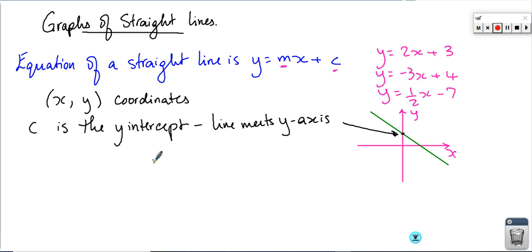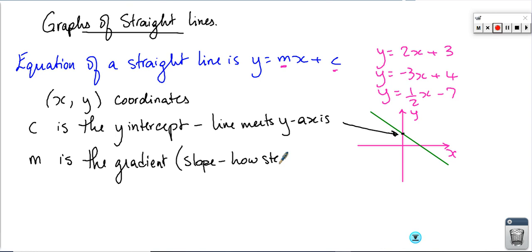So, then we have m. M is the gradient of the line. Gradient, slope: how steep is the line? So different lines will have different gradients. If we go back to these three examples here, this has a steepness of 2, this of negative 3, this is 1/2. As we can see, a steepness of 2 is much more than 1/2. So even if we had to draw that line, we'll notice which is the steeper one, and that will have